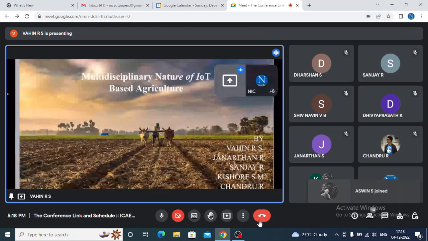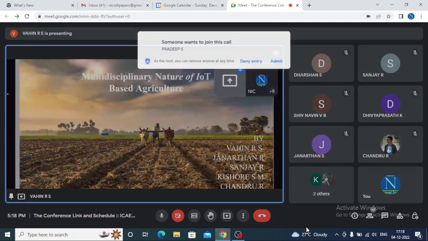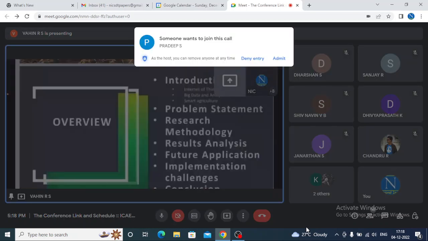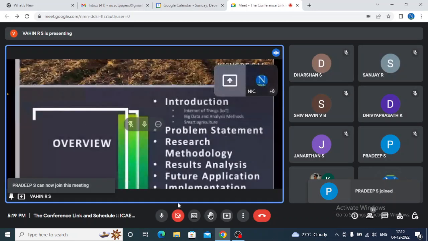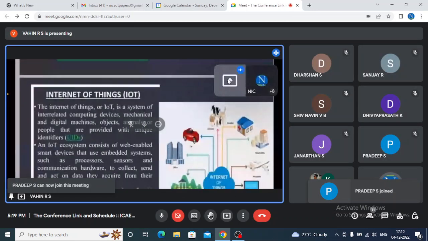Our PPT deals with the multidisciplinary nature of IoT. Here goes the introduction to IoT, big data, and other models. Let us discuss the Internet of Things. The Internet of Things, or IoT, is a system of interrelated computing devices and mechanical